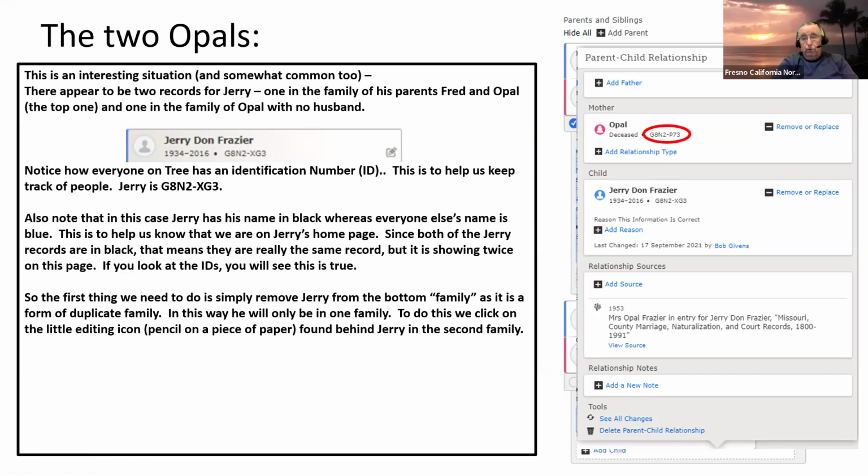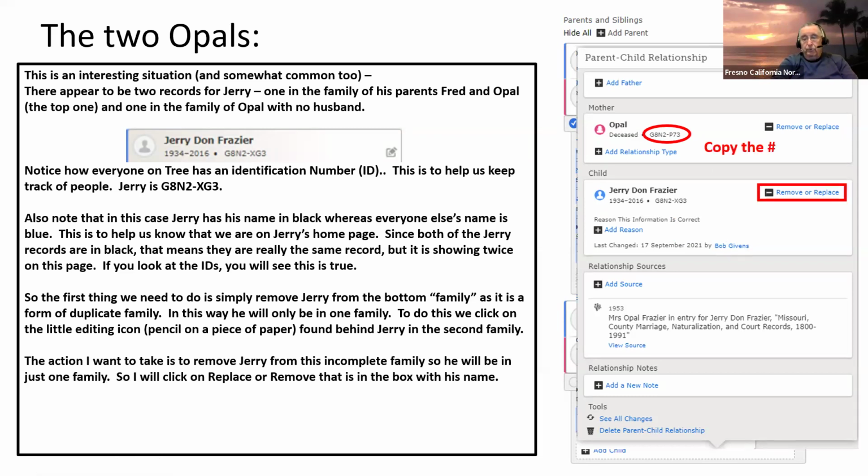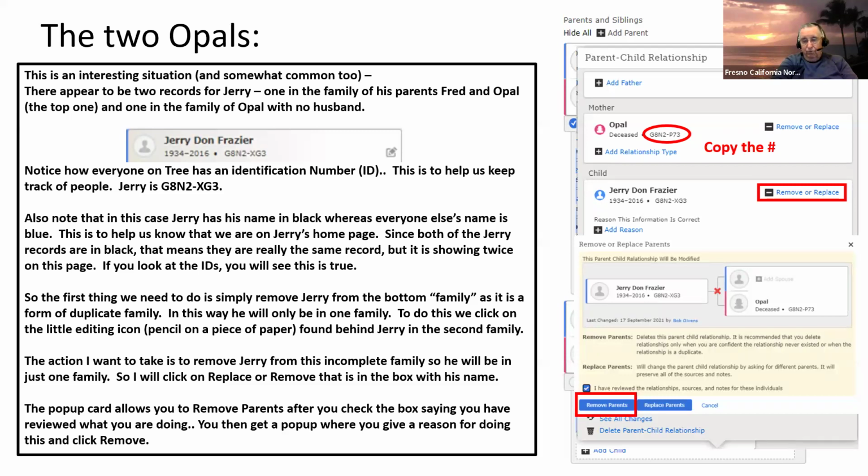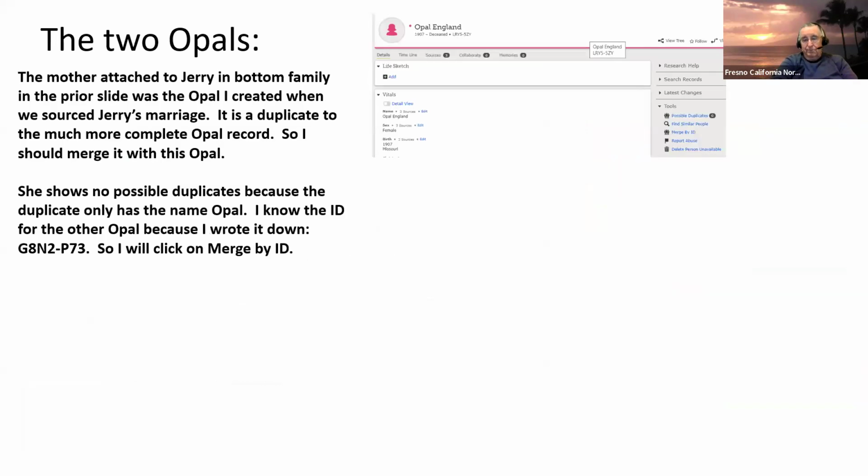So the first thing we're going to do is very carefully make sure we copy that number by clicking on it, and it copies it to the clipboard. Then we can go ahead and click remove and take Jerry out of this family. That leaves him with his mom and dad. Then that's the step right there that we do it with, we click remove parents.